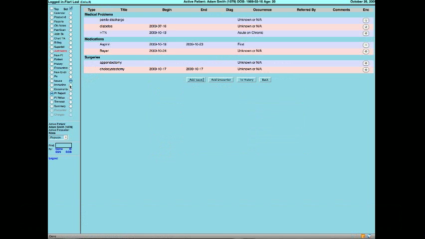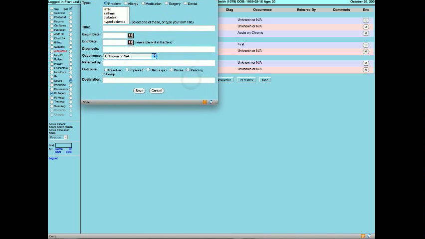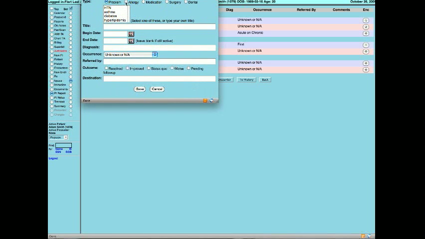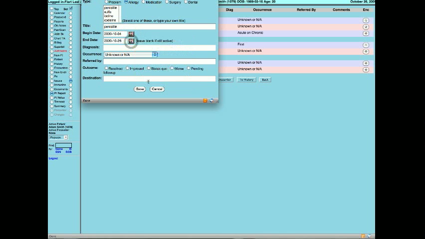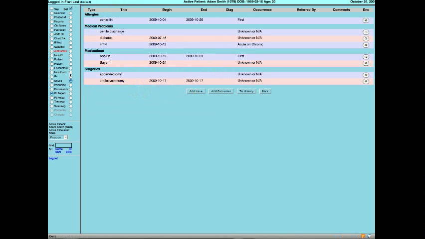Here's where we would add issues, right here. If they want to add an issue, we would indicate maybe that it's an allergy to penicillin. And I don't know, let's say it just recently started, it's still a problem. This is the first occurrence. We save this, and then when we go to new encounter,